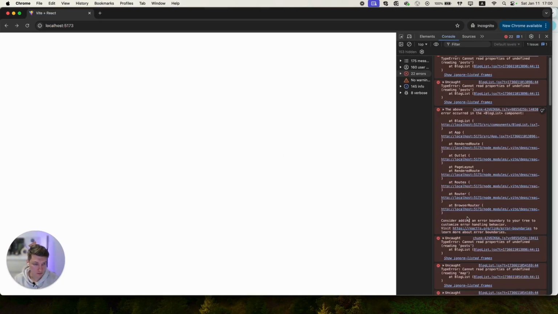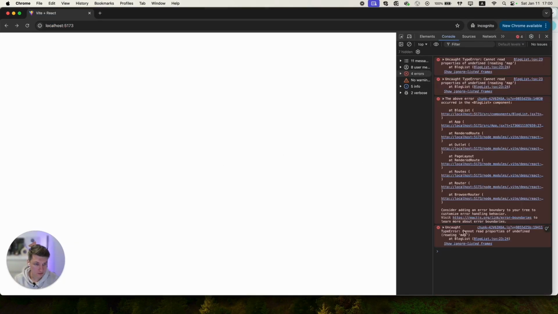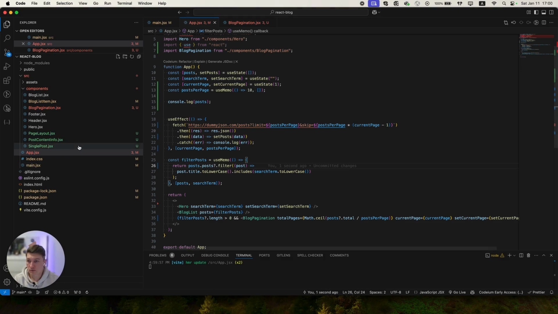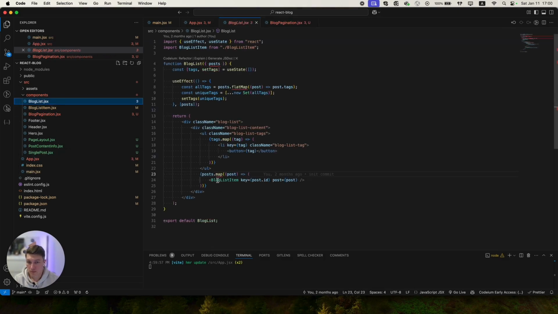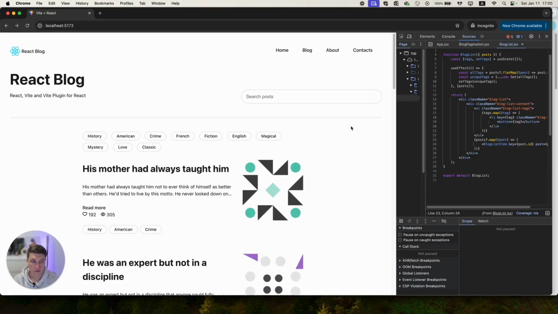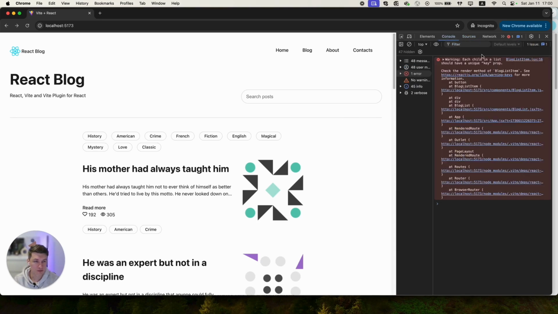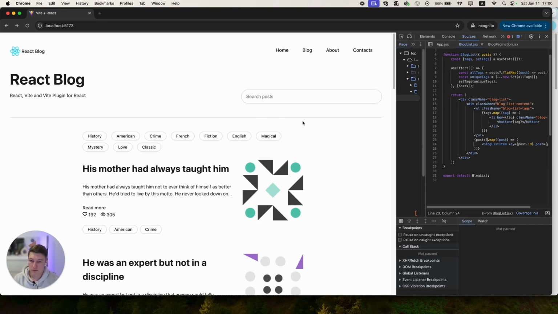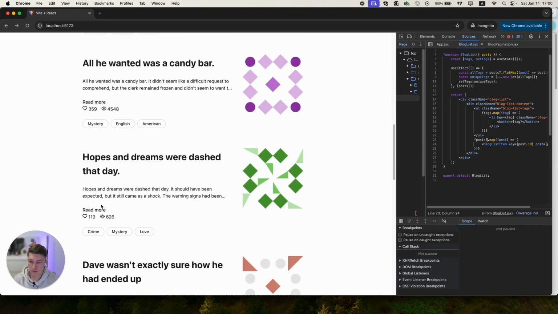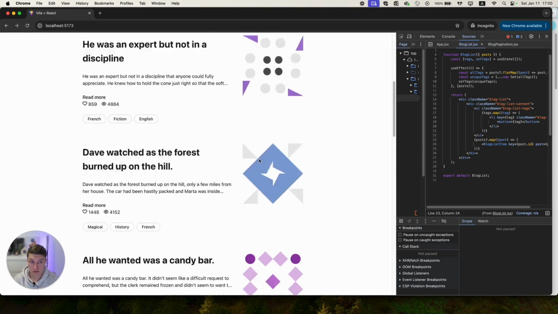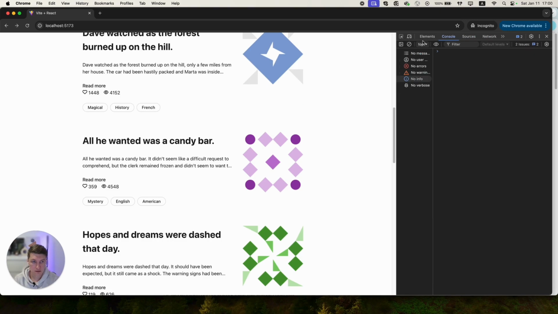Let's check. Looks like we have another error in the block list JSX. Okay, let's go to the block list. So here I think we need to wait post should be fine. Okay, yes, now we don't have errors. What is this? This is about key. Okay, can ignore it for now. We have read more, that one works, but we need, okay, I'll close for now.